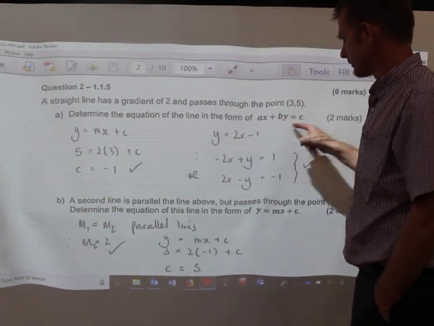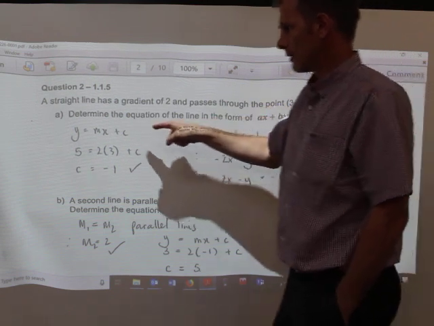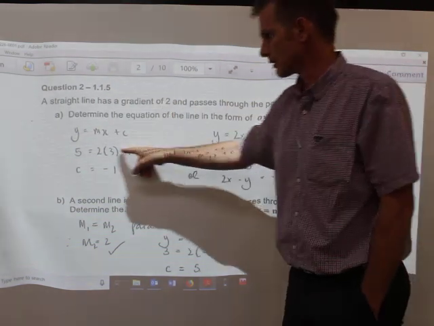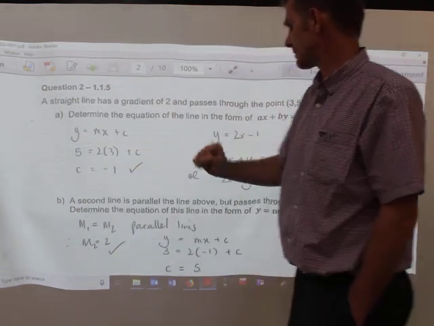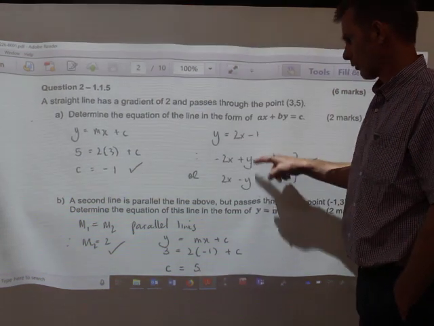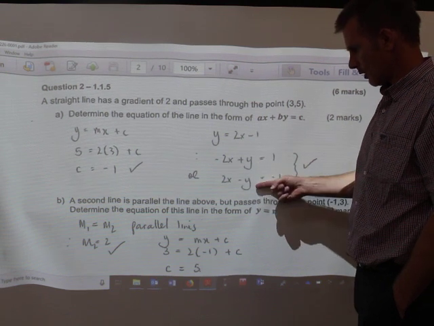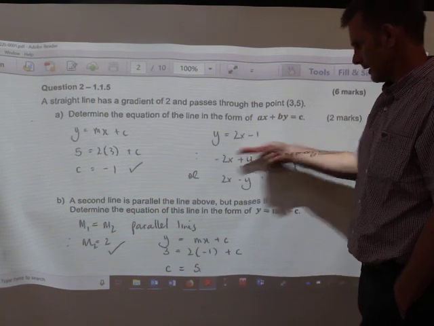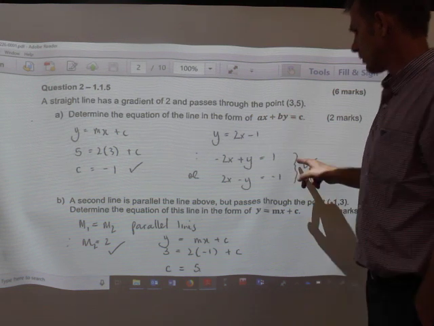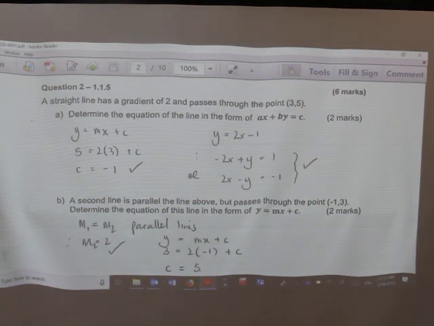Now, it did ask for it in this format, and you can put it straight into that format if you want. I find it easier to use the y equals mx plus c format, get the 2 and the 3 in, you can see they're in here, rearrange to get c. Therefore, I've got it in the mx plus c format. Quick little rearrangement. Either one of these would be okay. This second one is really just the first one with negative 1 multiplied through. Either would be fine, doesn't really matter. So 1 mark over here, 1 mark for the c value,